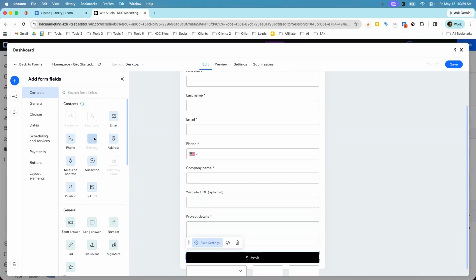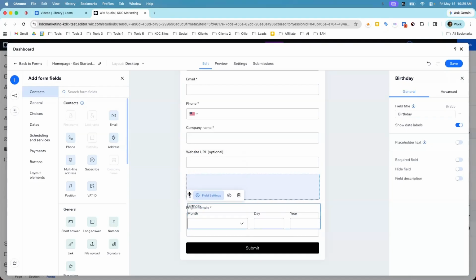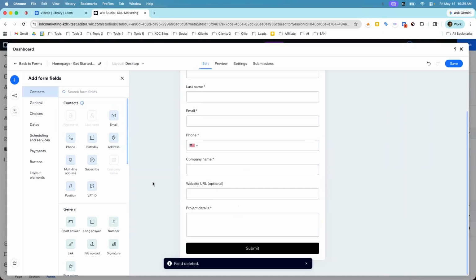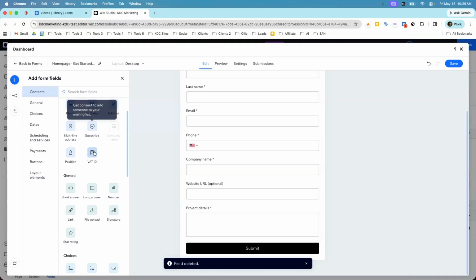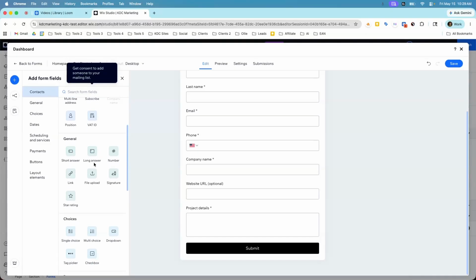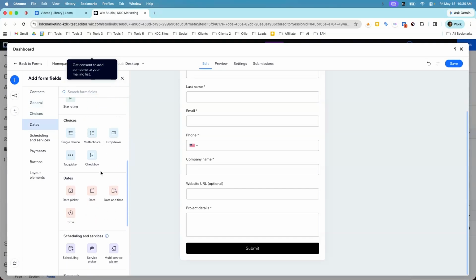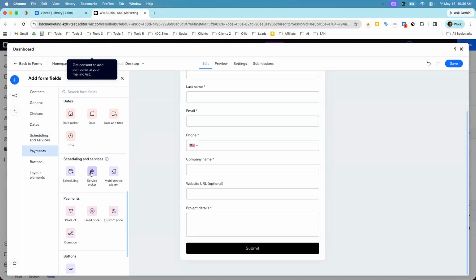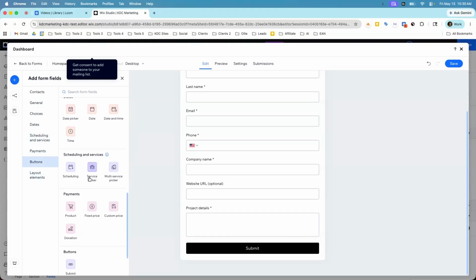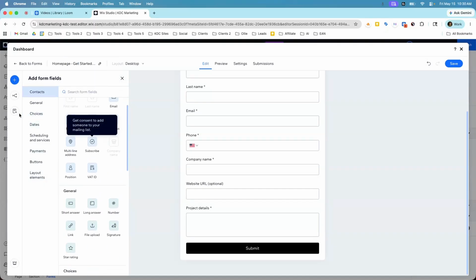If I want to add this birthday field, I just click it, and then I have to set the settings, but I can drag this anywhere I want on the form, and it's going to populate. And there's so many different options. So you have contacts, which is just like the basic contact information. You can customize your answers here with some general fields. They have a star rating, a signature field, a file upload, choices, so drop downs, multi-choice, dates and time. You can integrate it with Wix bookings for scheduling, payments, buttons, header and text, and you can build multi-page forms